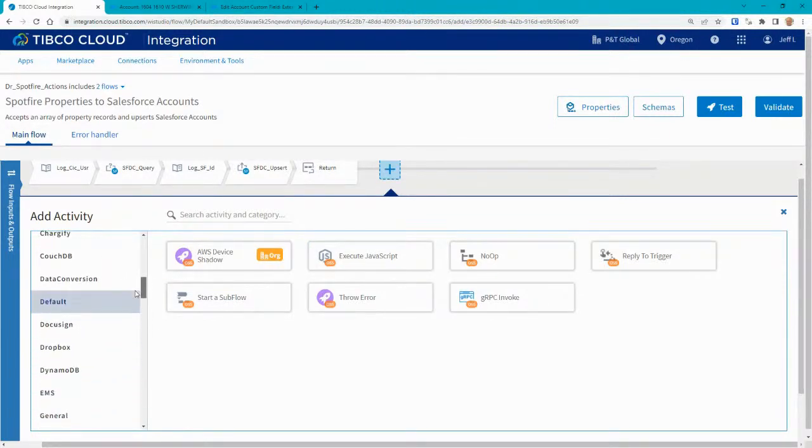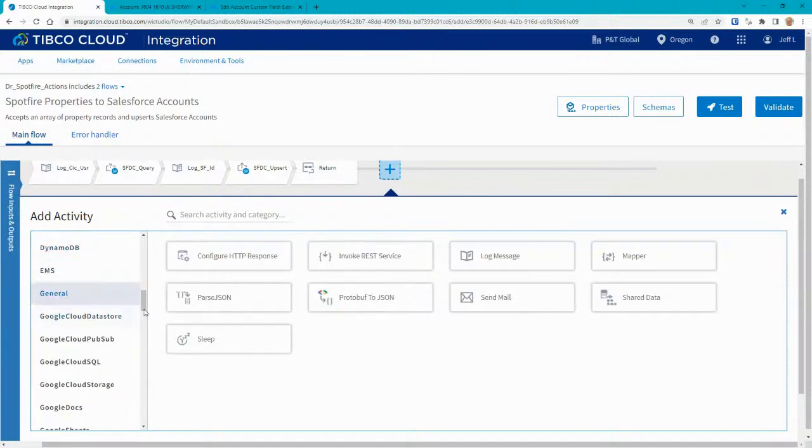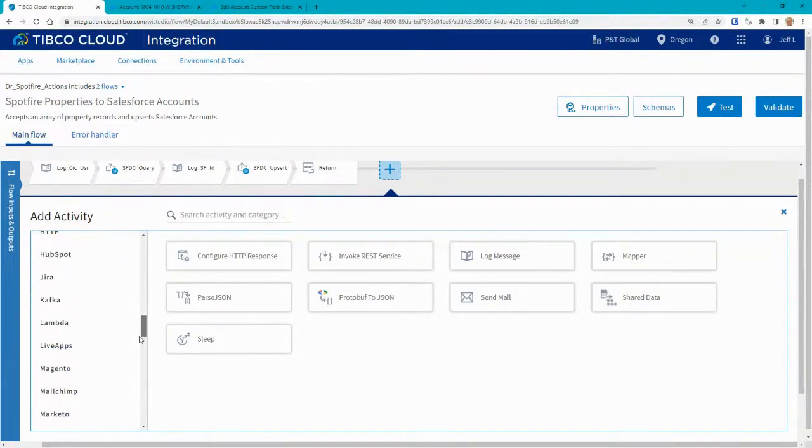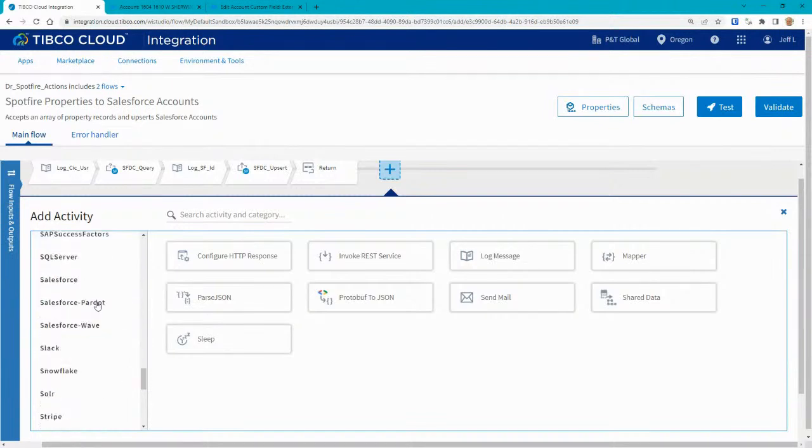There's the default one. We have Dropbox. There's Snowflake, Google Docs, Google Sheets, HubSpot. Kafka. There's Lambda functions, right? All kinds of different databases, different SAP connectors, Salesforce, right? Sugar, Stripe. We can connect to other TIBCO cloud pieces, WebSockets. There's plenty, and each one of these will have its own particular type of activities,